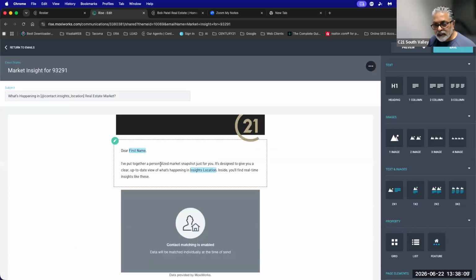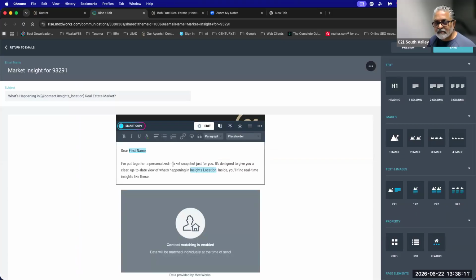The hard part is you're going to have to go into this verbiage and put content related to 93291, especially if it's because of individuals that you have in your database that are looking to move that way. We want to make sure that, hey, if you're looking to move to one of the highly desirable neighborhoods in Northwest Visalia, blah, blah, blah, you want to make sure you put verbiage, and also right there where the second Costco just opened a month ago. You want to make sure that verbiage